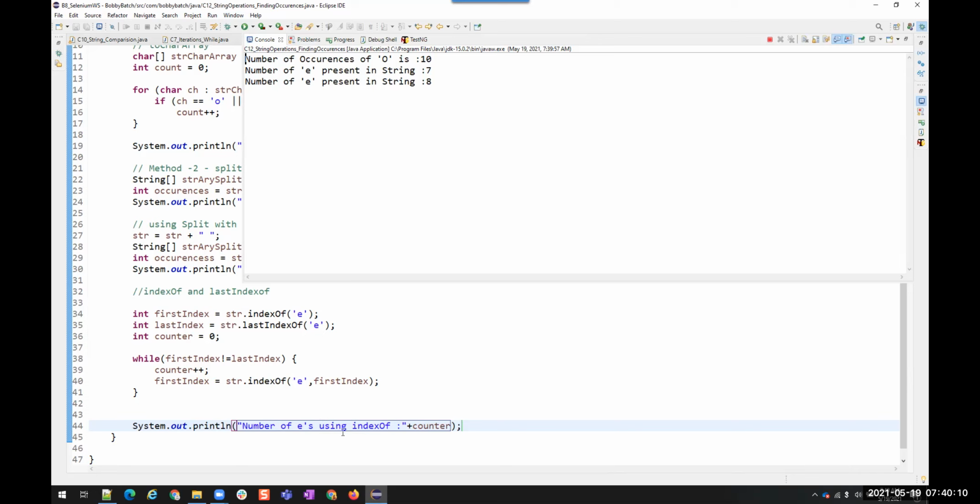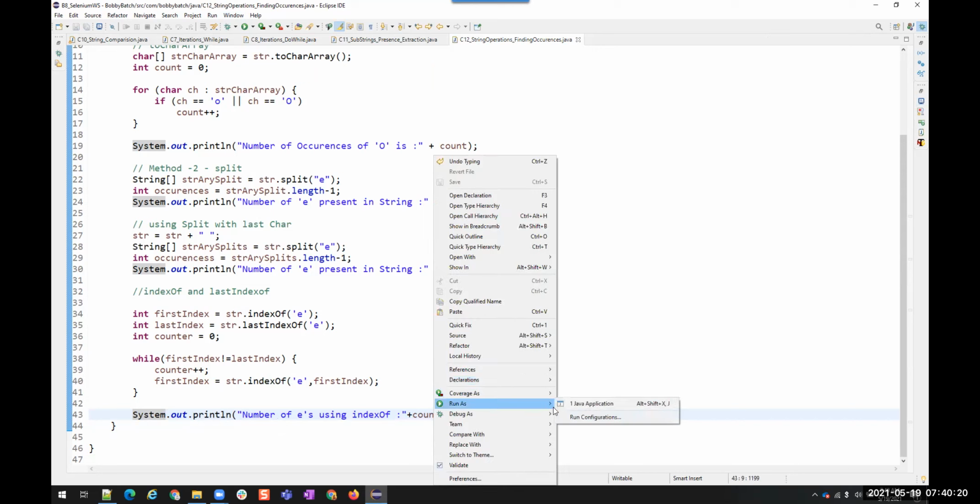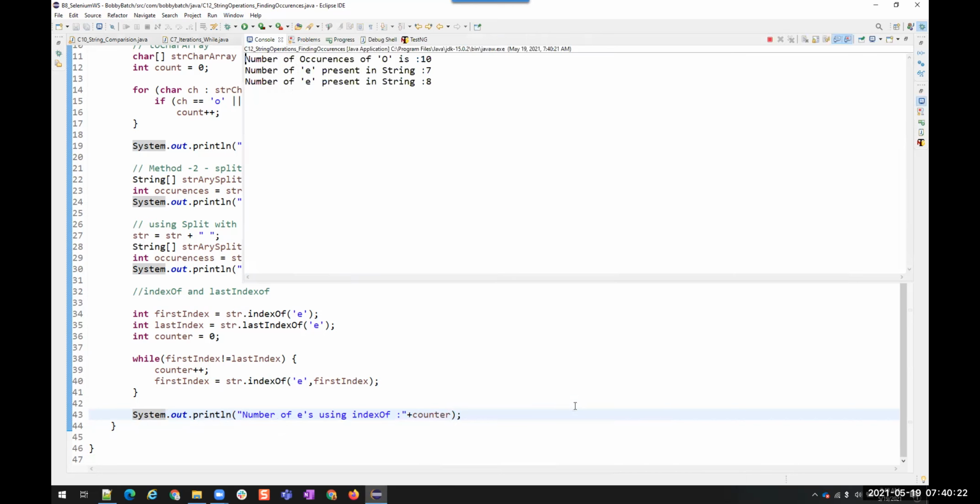Number of e is using indexOf. Why did not? What is happening? What is happening?